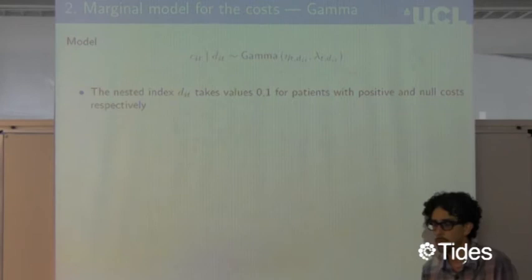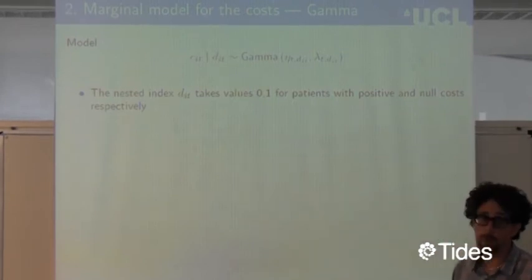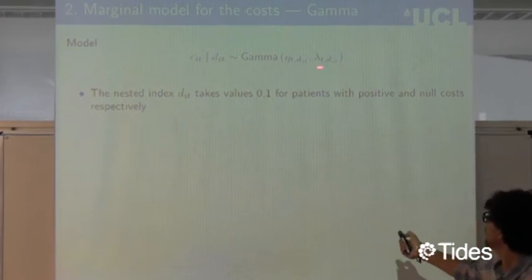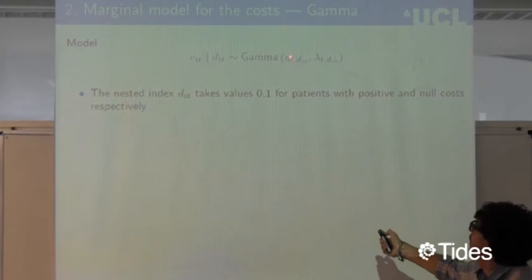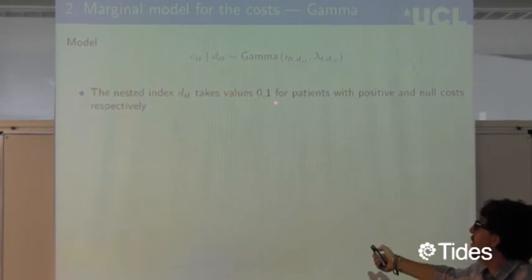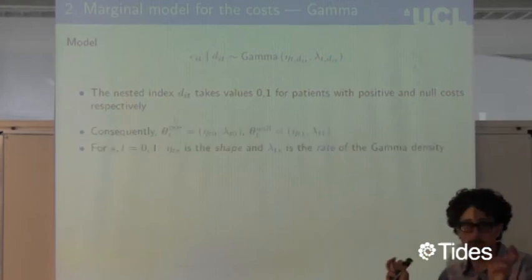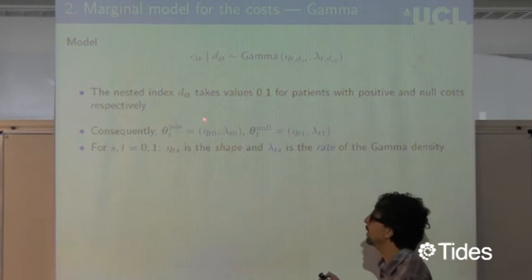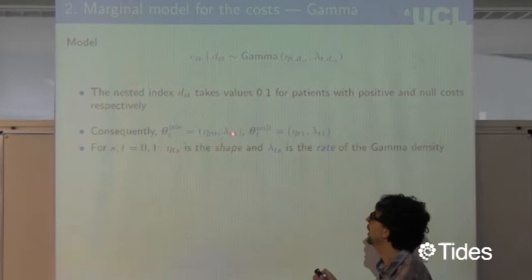So let me show you what happens if you, for example, wanted to model the costs using a gamma distribution. Effectively, what I'll do is to use this formulation. Now, here I have a nested index. This is the parameter eta t, dit. Because this variable takes values 0 and 1, effectively I have these parameters as a pair of numbers. So theta pos will be eta t0 and lambda t0, where this is the shape and this is the rate